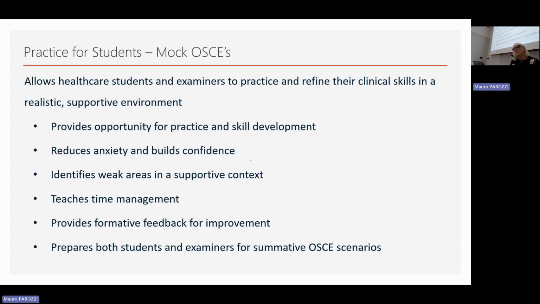Again, it allows opportunity for practice and skill development, reduces anxiety, builds confidence, identifies weak areas in a supportive context, so that the student themselves, if they're doing mock OSCEs, can actually find out that, goodness, I'm actually not so good at time management. I'm not so good at my patient communication, right? Or there's some of my safe practice skills. So it teaches them time management, it provides formative feedback and prepares both students and examiners for summative OSCE scenarios.